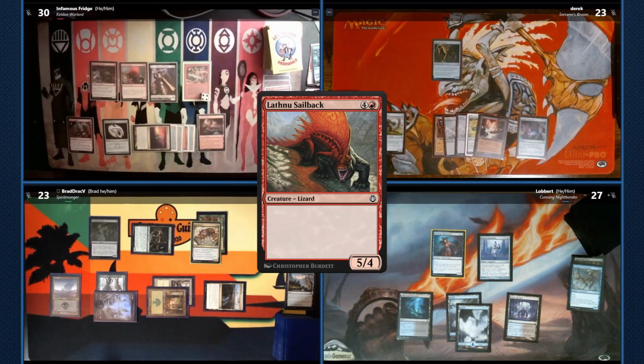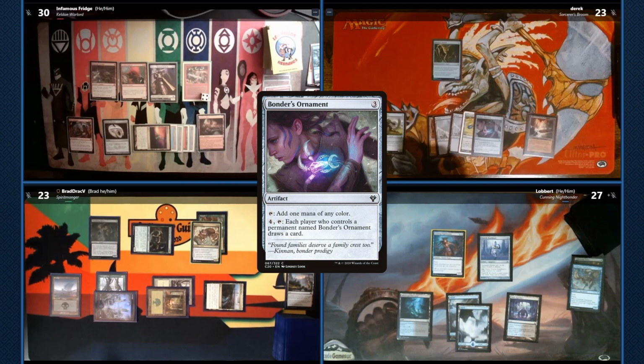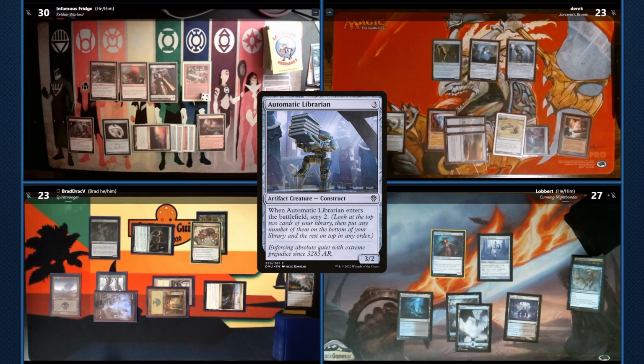He passes. In his end step, Derek activates Bonder's Ornament to draw a card. Derek then draws for turn, plays a Desert, and Lightning Core Excavator. He then plays Automatic Librarian, which lets him scry 2 cards to the top. He then passes. In his end step,